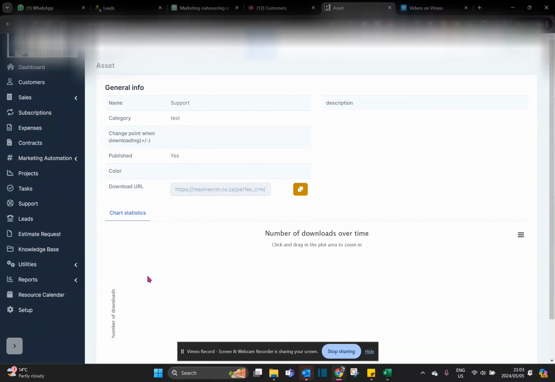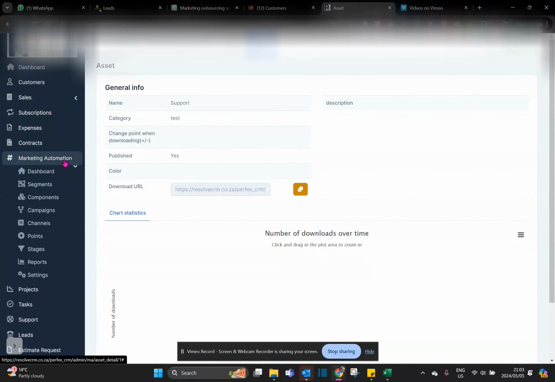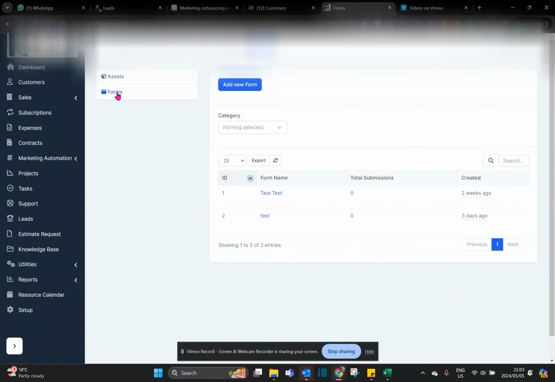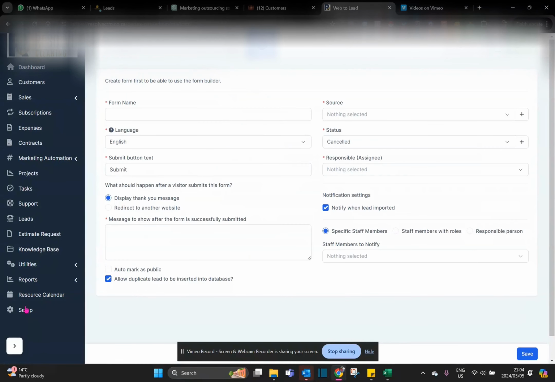Let's go back and look at what forms is about. So there's actually two ways that you can get leads into the marketing automation system that you can send. Either they can come through your lead system, or you can mail customers, or they can come through a form. Okay, so very similar to how we have quote requests or estimate requests, as we call them. You can have a form that you create